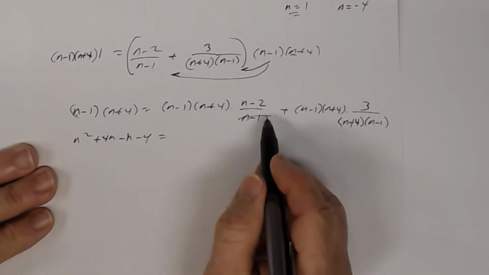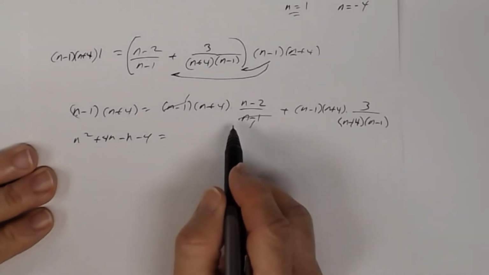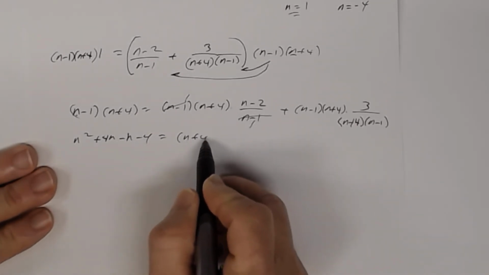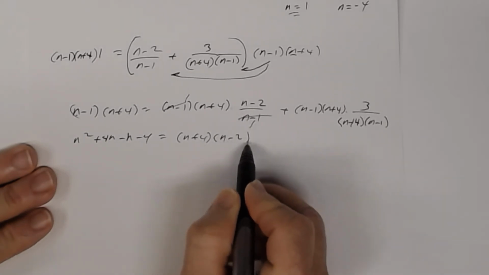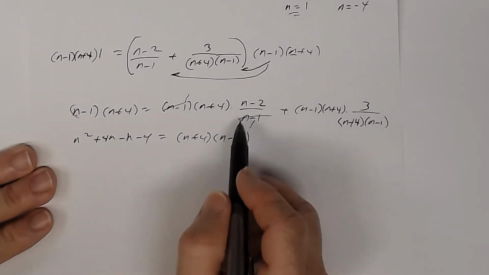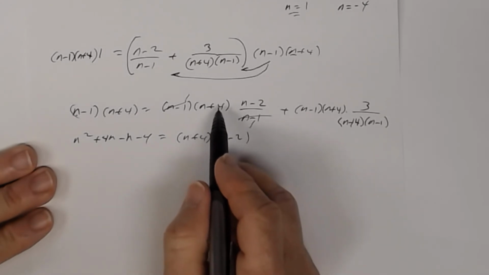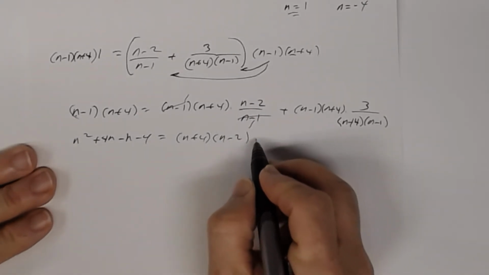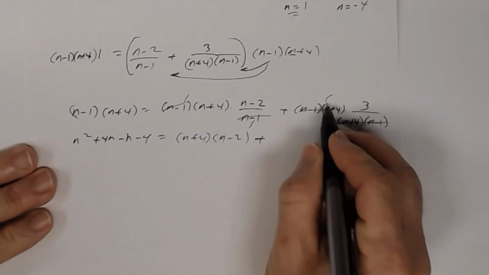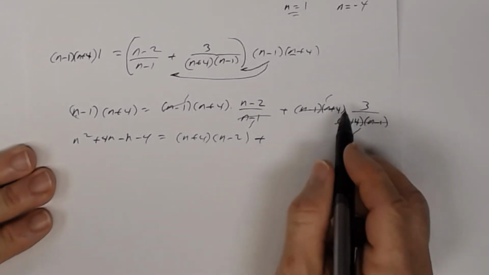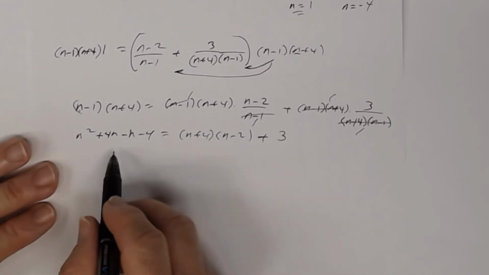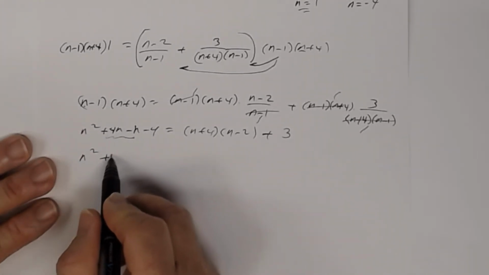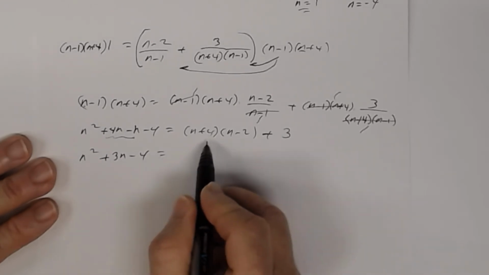Now notice over here, the n minus 1's divide out. Now be careful, you get 1 times n plus 4, which is n plus 4 in parentheses, times n minus 2 in parentheses. Okay, this times this. Notice the parentheses here, because this has to be multiplied by this. So you have to put parentheses here. Plus, and then over here, all of these factors divide out, and you're just left with 1 times 3, which is 3. Okay, now combining like terms over here, I get n squared plus 3n minus 4, equal, and then